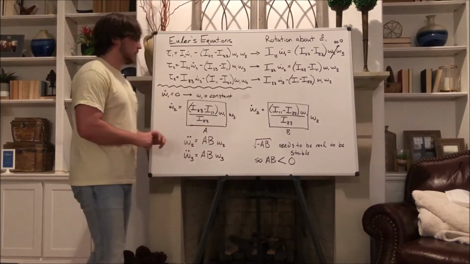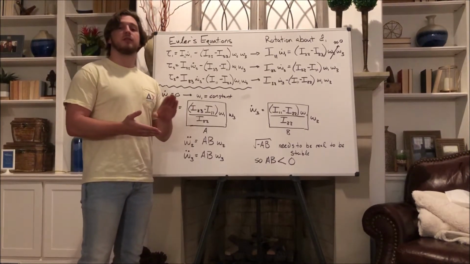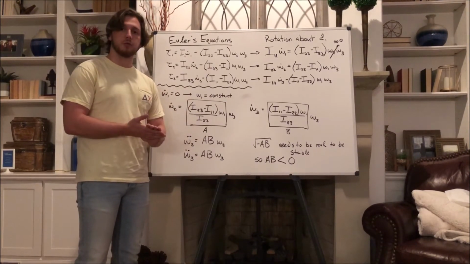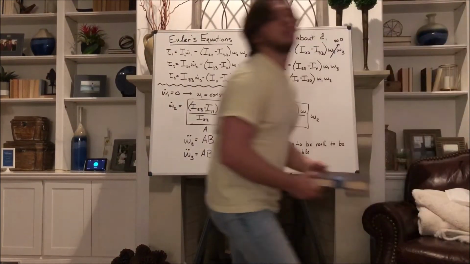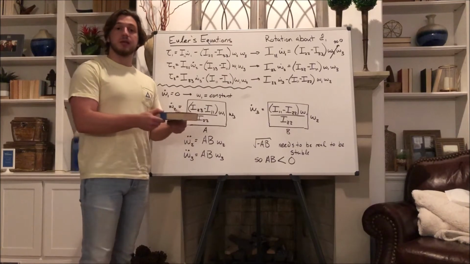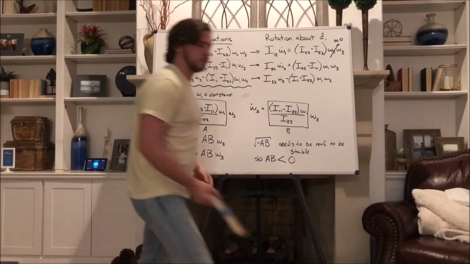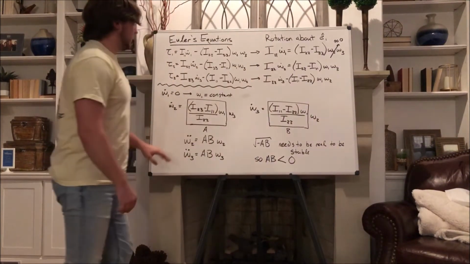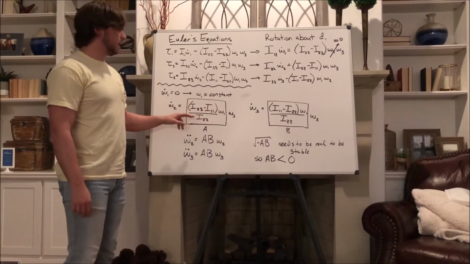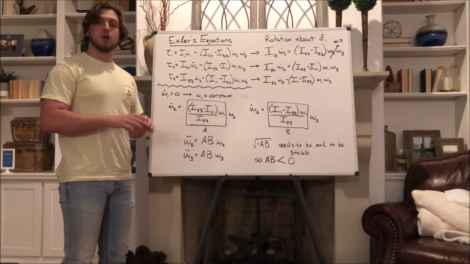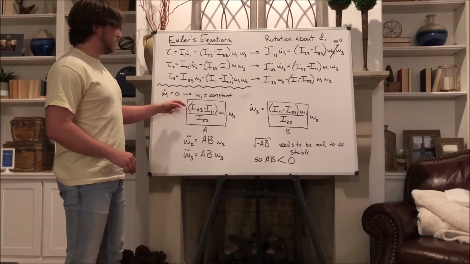And we can verify that by looking at what A and B are. Remember that I11 is less than I22, which is less than I33, based on how we set up our problem with the intermediate axis being the one that we're trying to find if it's unstable. So inspecting A and B, if omega 1 and all the moments of inertia are positive, which they should be, then you can see that